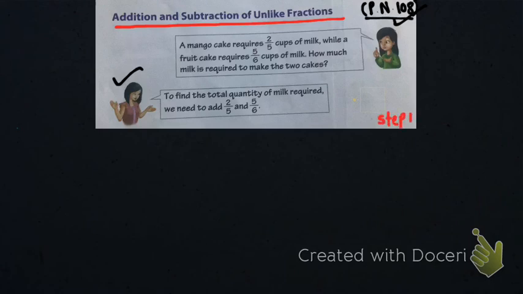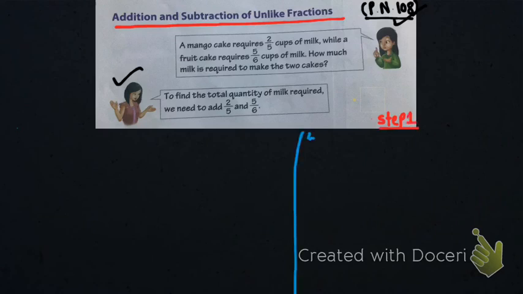So the first step is, you can see that here 5 and 6 both are different denominators. Okay, the denominator numbers which are below are different. So first we need to find their LCM. Okay, it means the minimum, lowest number which comes in both their tables first. So let's derive the LCM.